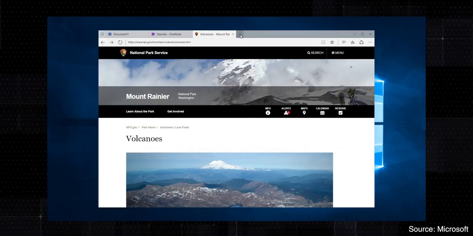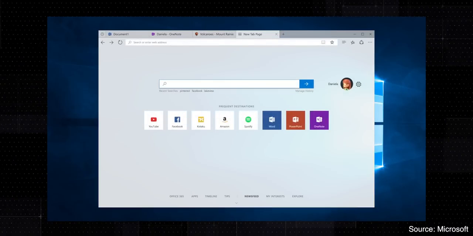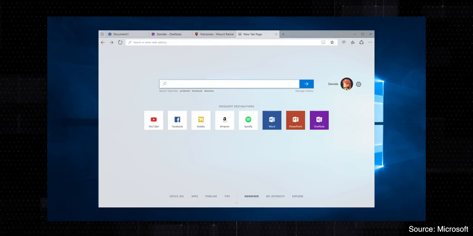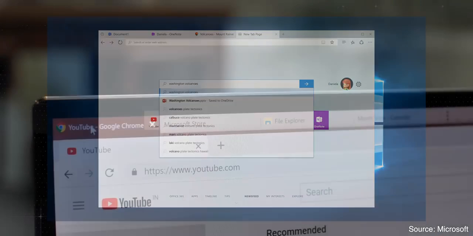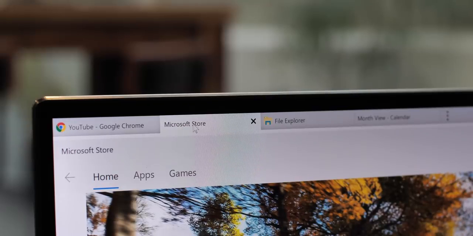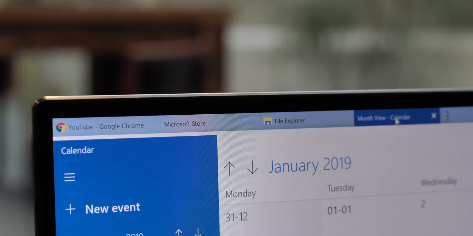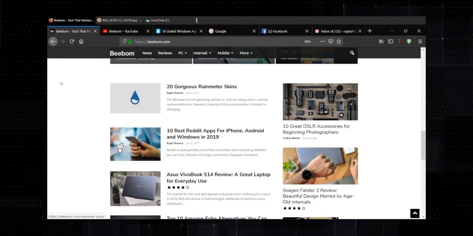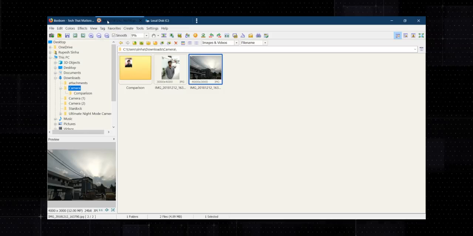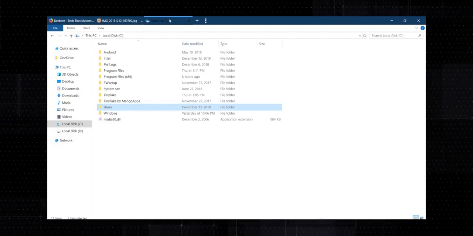Last year, Microsoft announced a new Sets feature for Windows which would let you use multiple apps as tabs in a single window. But that's delayed, and well, Groupie is an app that brings a similar feature to Windows. The app lets you use different apps and software in the same window in browser-like tab style. So as you can see, I have Firefox in one tab, Fastone Image Viewer in one, and the File Explorer